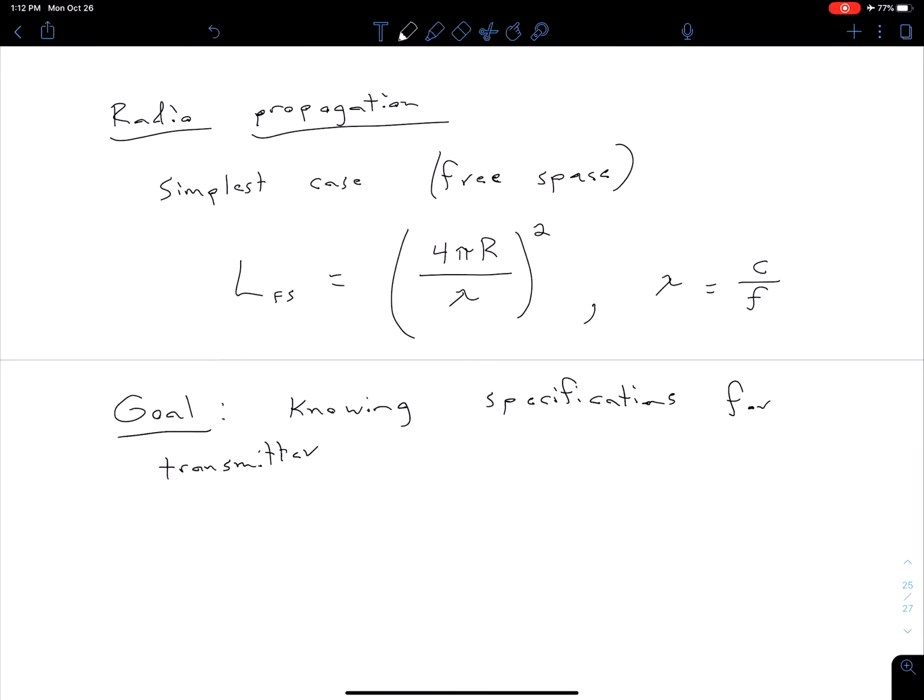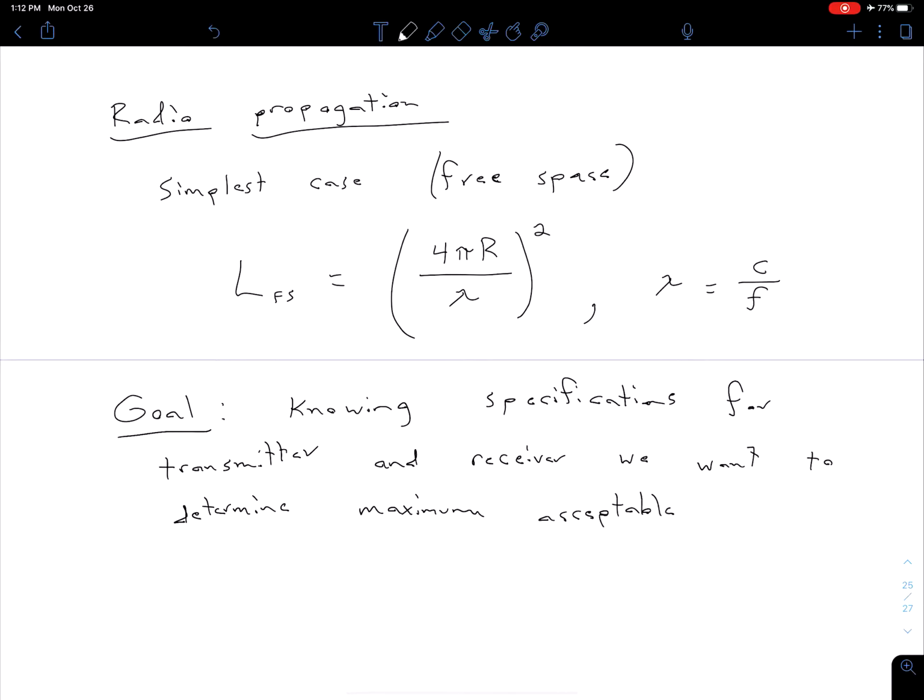for our transmitter and receiver, what we're going to do is specify our maximum allowable loss. So for transmitter and receiver, we want to determine the maximum acceptable propagation loss, which is our L sub s. And we want to find basically the maximum L sub s that we can have and still have the system